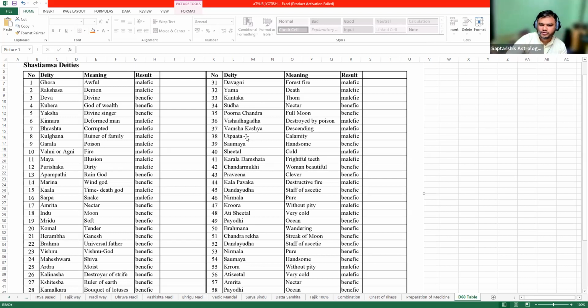Why? Because Vamshakshaya means what? Vamsha means lineage. Kshaya means deteriorating. It means that the Vamsha will now stop, or it will deteriorate, it will finish. Okay, it means there is no future for it. I understood. Thank you. There is no future for it. Now this Vamshakshaya topic arises.